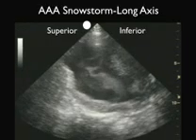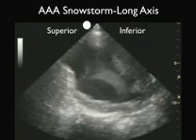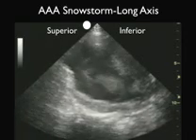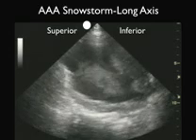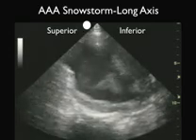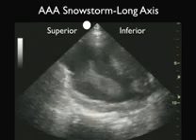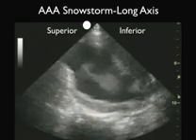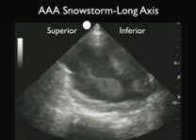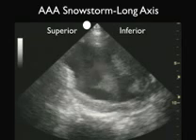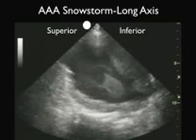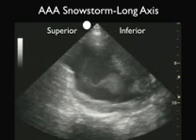Next, we're going to inspect this large abdominal aortic aneurysm in the long axis configuration. I have the probe marker towards the patient's head, so superior to the left, inferior towards the right. And again, we see the turbulent flow of blood within the lumen of this AAA, and notice that it's depositing down thrombus onto the walls of the abdominal aortic aneurysm, and we can see the clot burden both anteriorly and posteriorly located on this very large AAA. But it's interesting here, we can almost see each heartbeat with the turbulence of blood swirling within the abdominal aortic